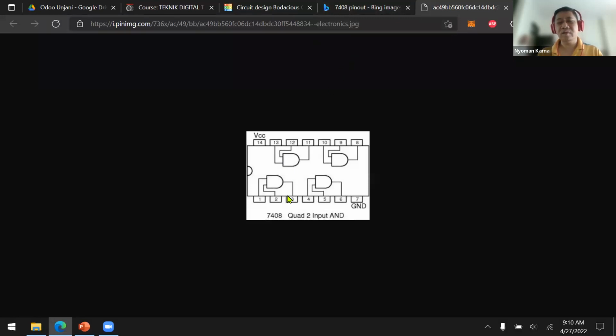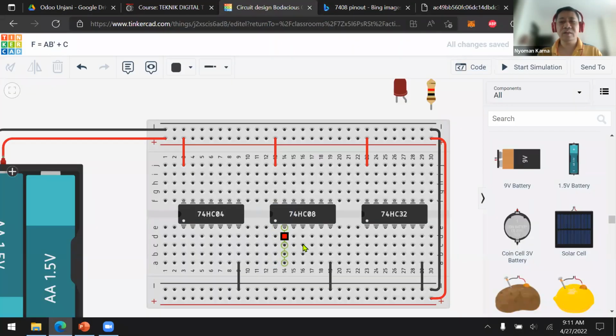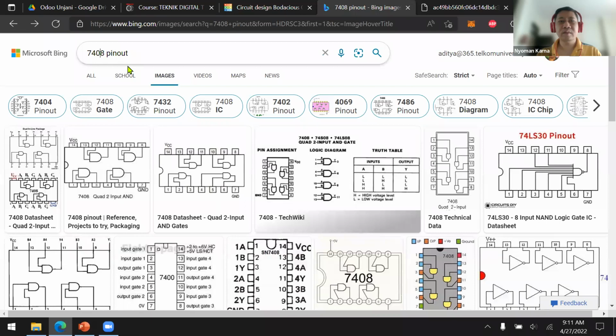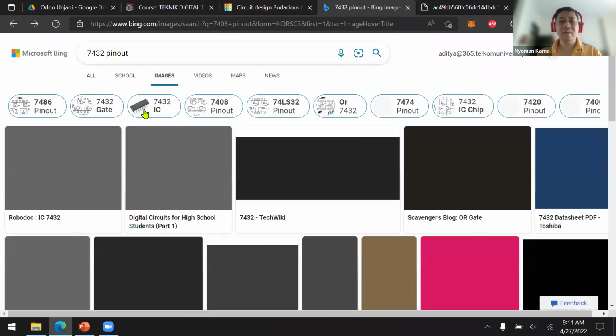So let's say we're going to use this one, 1, 2, and 3. But let's start with the output. The output is 7432, 7432 pin out. This one.